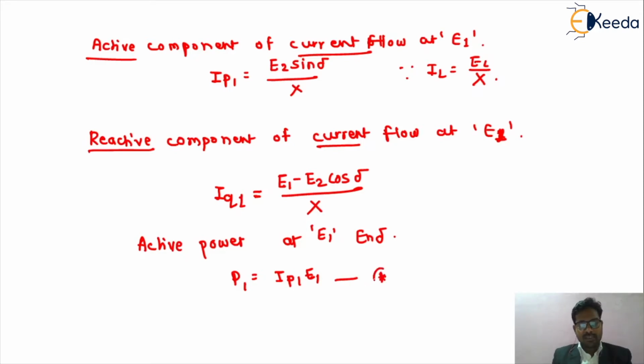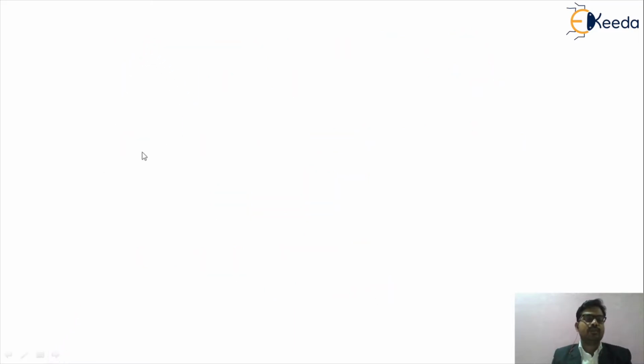Okay, we call it the star equation. Now we can substitute the value of the IP1 into that equation. So what are we getting? I can write this equation for your sake of understanding. Again, that is P1 is equal to IP1 into E1. So we have the value of the IP1. What should be the value of IP1?